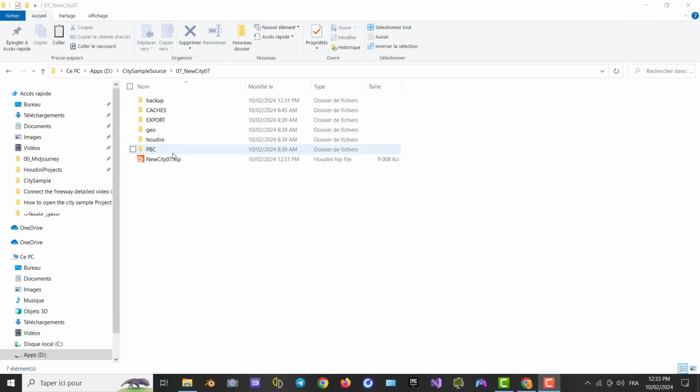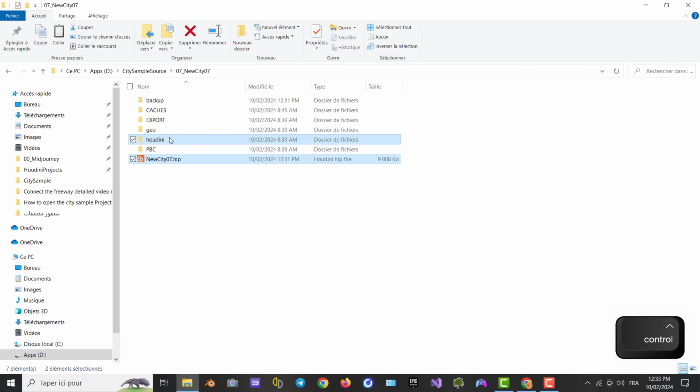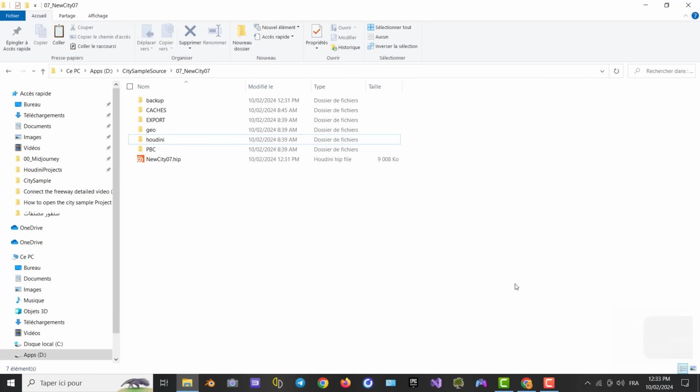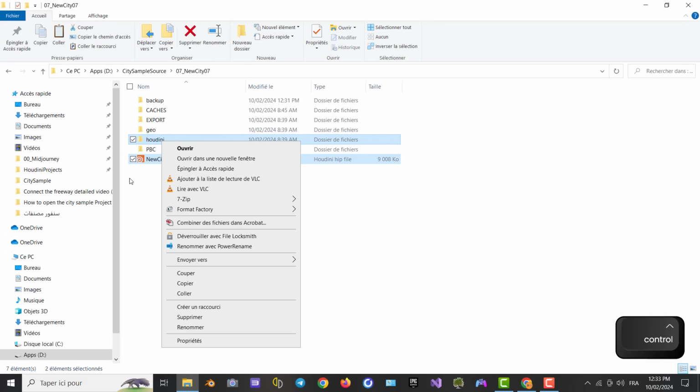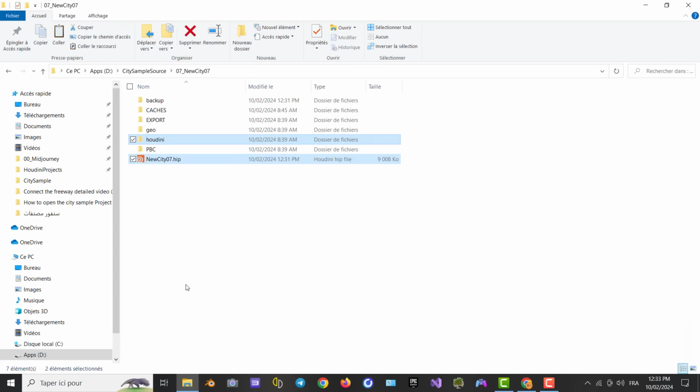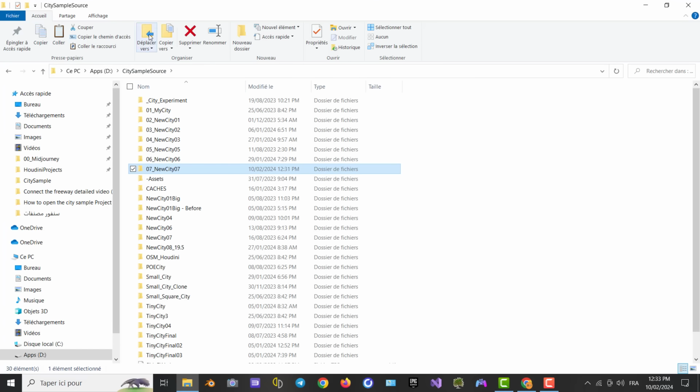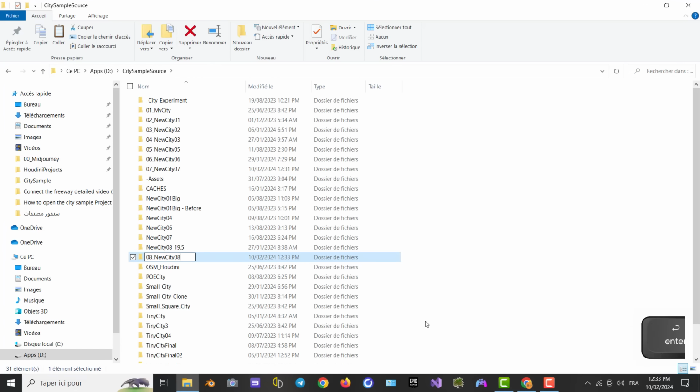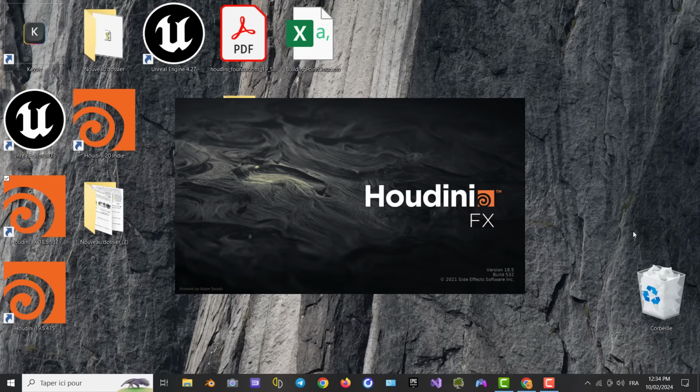First, we will start from an existing city. So I copy the Houdini hip file and the Houdini folder to a new location on disk. And as I am organized, I'll put the two in a folder named New City 8 to be able to find it later. Next, we open it in Houdini